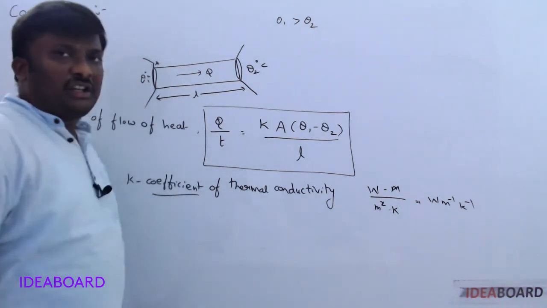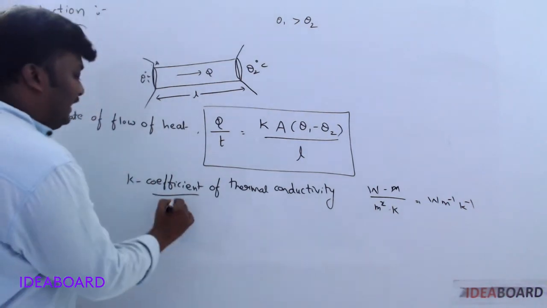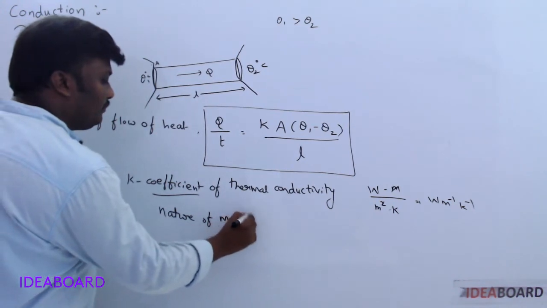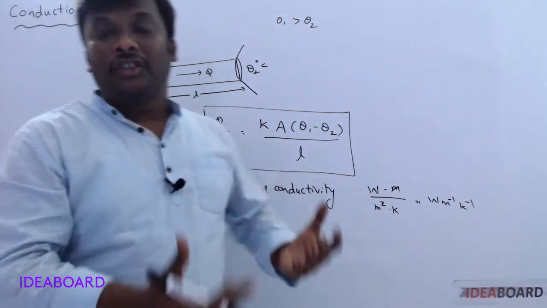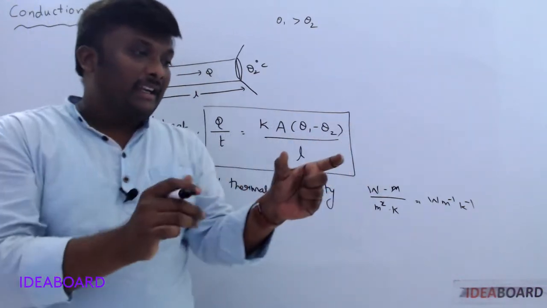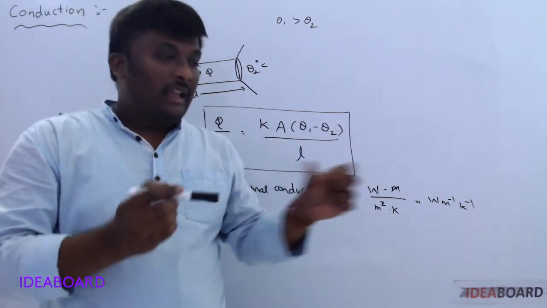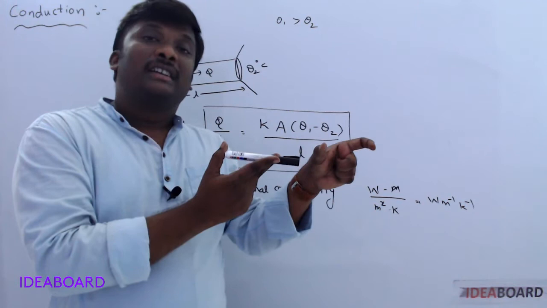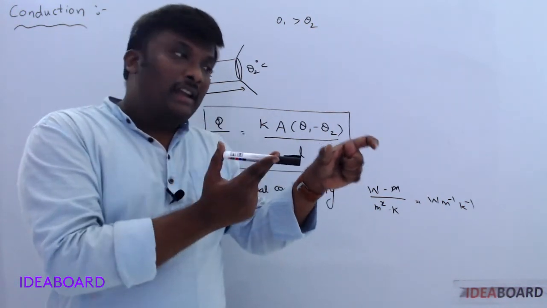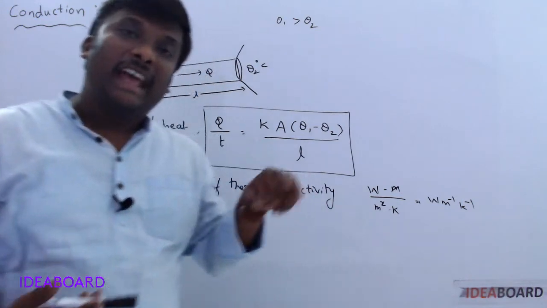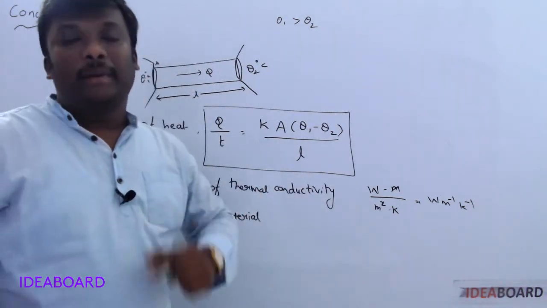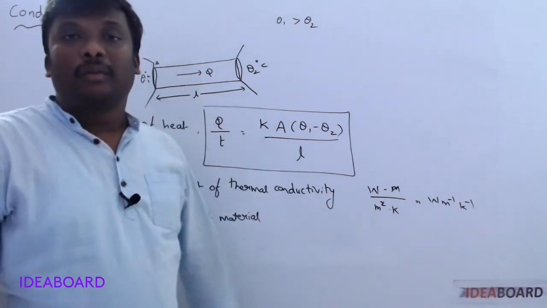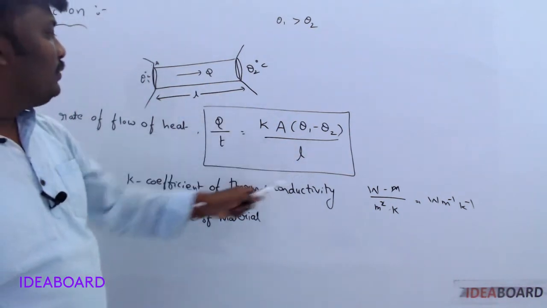Here the word coefficient is coming. If the word coefficient is used, it always depends on the nature of the material only. So if the material changes, the K value changes. For suppose I connected two rods in series. One rod is made of copper, another rod is made of iron. Then iron and copper, two different bodies, have different values of K. It is independent of the dimensions of the body. That means it is independent of the area and length of the body. Okay, so you understand all the terms now.